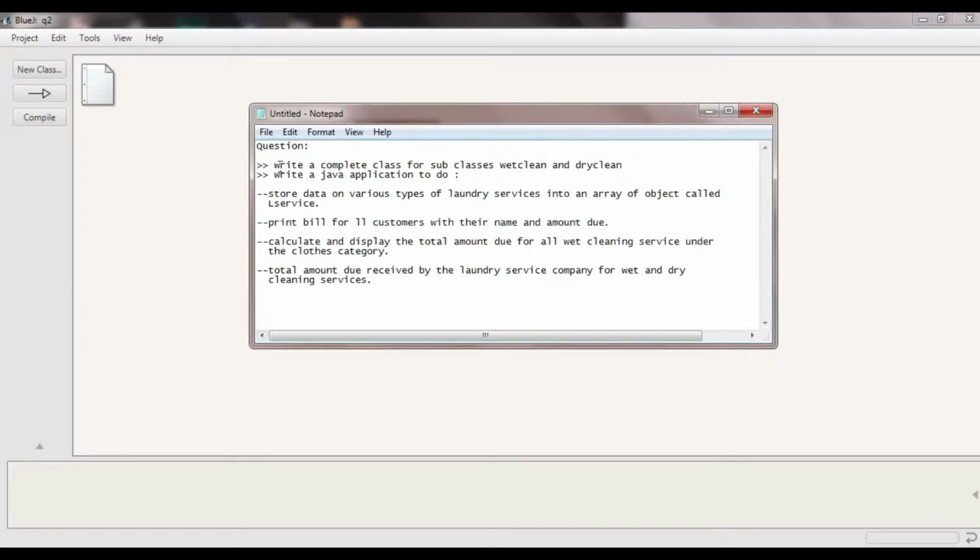The questions ask to write a complete class for subclasses wet clean and dry clean, and also write a Java application to store data on various types of laundry service into an array of objects called L-service. Second question, print bill for 11 customers with their name and amount due. Calculate and display the total amount due for all wet cleaning service under the clothes category. And the last question is to calculate the total amount due received by the laundry service company for wet and